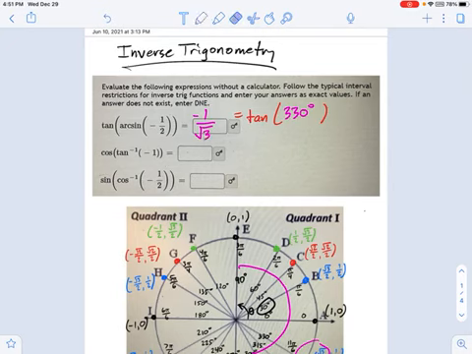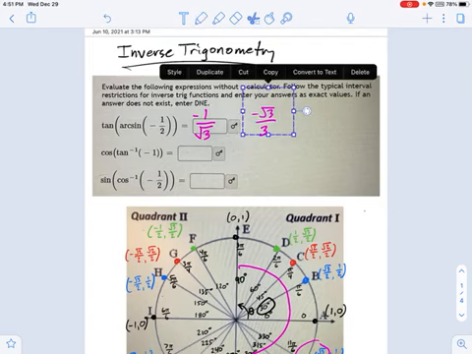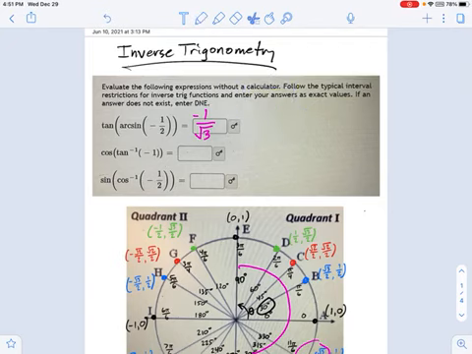Or if you want, you can also rationalize that and say -√3 over 3. Those are the same thing, and you'll get marked right for either of them. Okay, I'm not going to nitpick you over whether you rationalize that fraction. So that's an example of how this works.